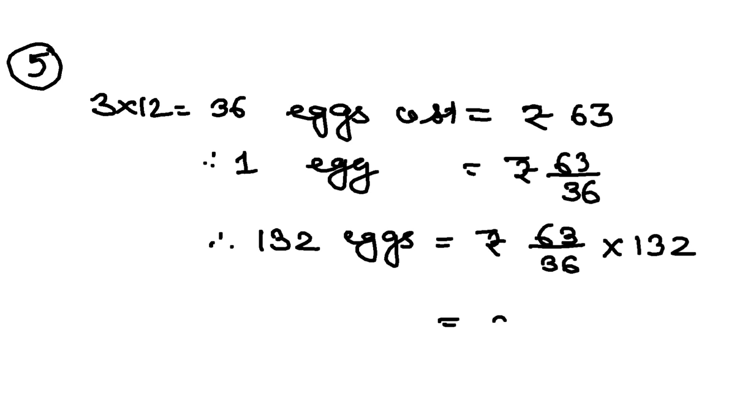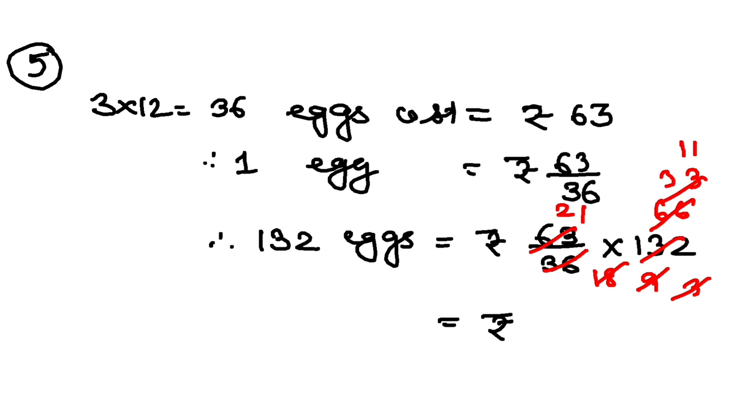I'll show you the calculation for this one so that you get the idea. 36 by 2 is 18. This will be 66 by 2. 18 by 2 is 9. 66 by 2 is 33. Now I shall divide by 3. 9 by 3 is 3. 33 by 3 is 11. Again this 63 is divisible by 3. 3 2s are 6, so 21 into 11. So that should give us 231. Final answer.